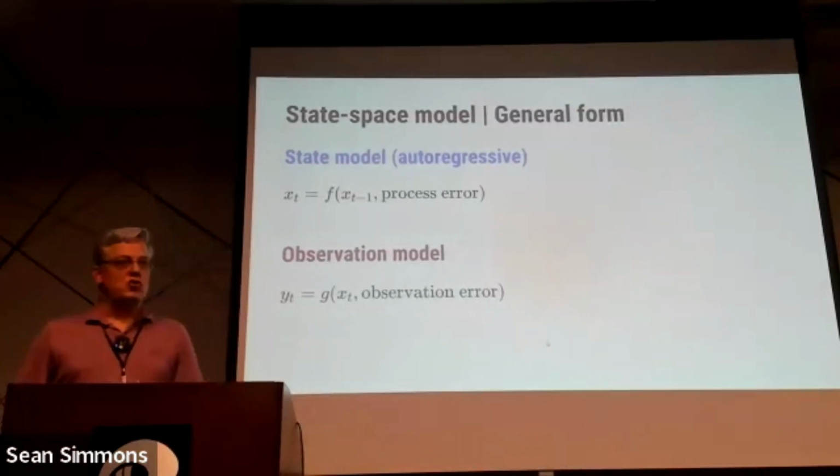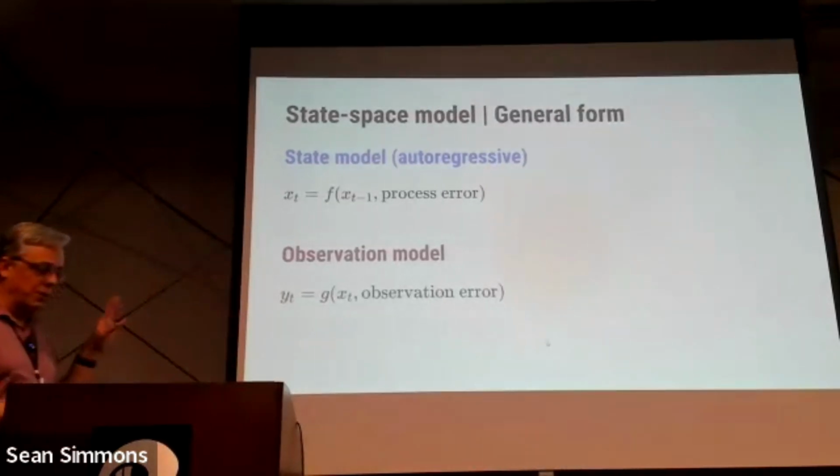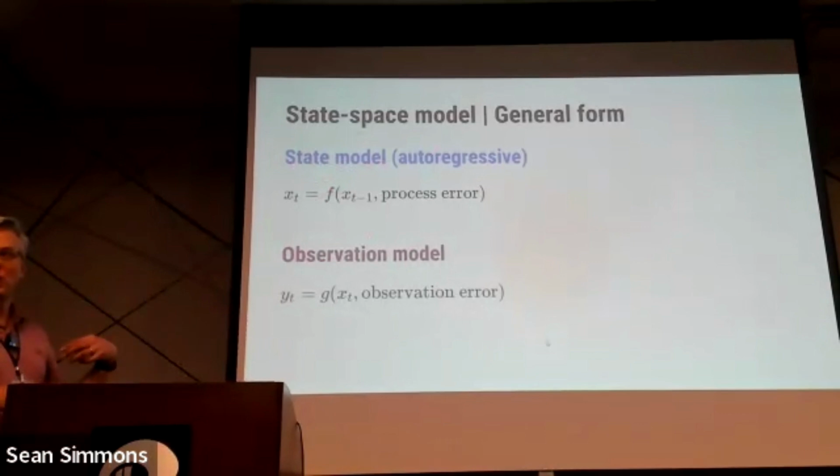Okay, so in general, the way these things work, and there's going to be a little bit of math here, but it's relatively straightforward. We have two models, a state model and an observation model. Generally here, we consider our state models to be autoregressive. And all that means is it's a function of itself. So some state at time t is just a function of the previous state